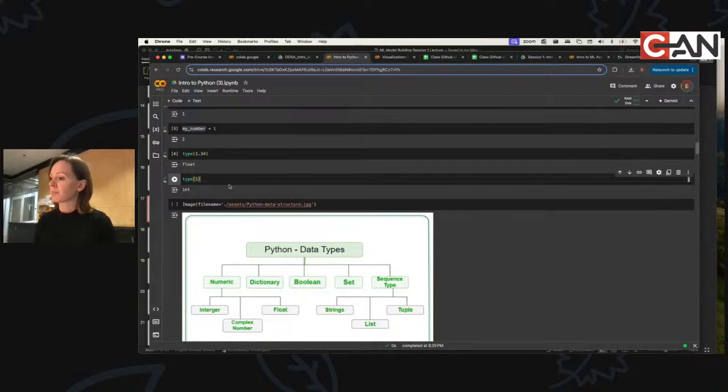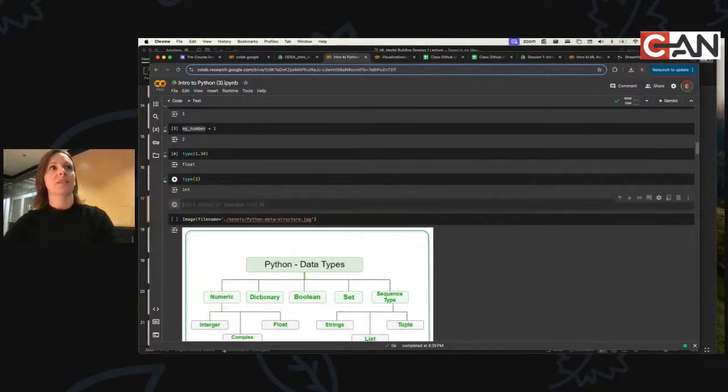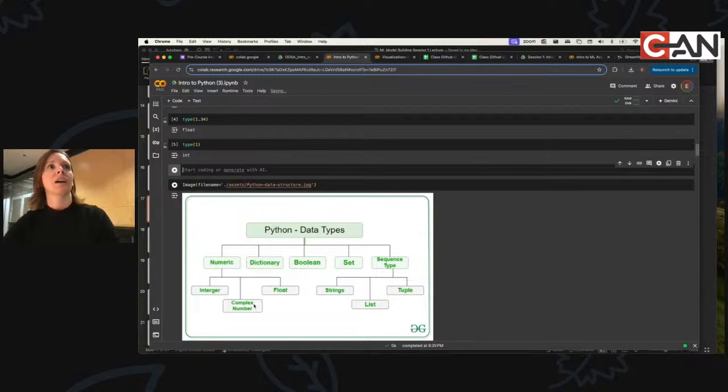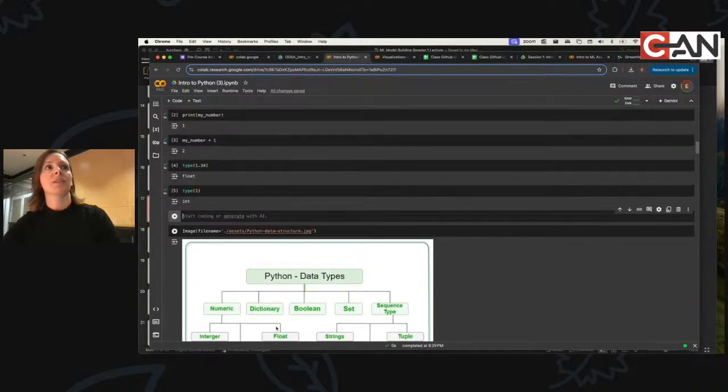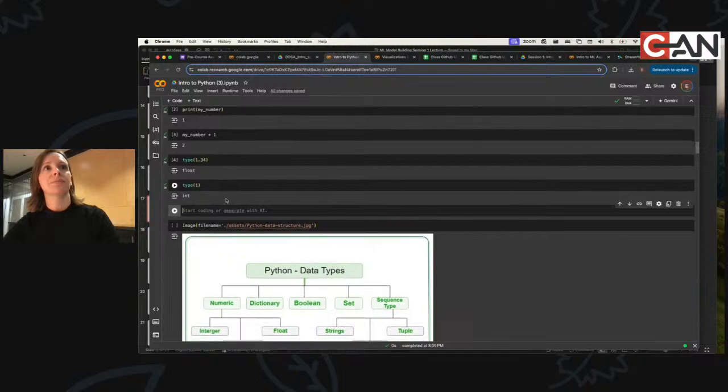Well, it's useful because sometimes you want to tell people you have to give me something and it has to be a whole number. A really easy way to do that is saying it has to be an int. So those are these types. We'll just talk about ints and floats. So that's an int, that's a float.